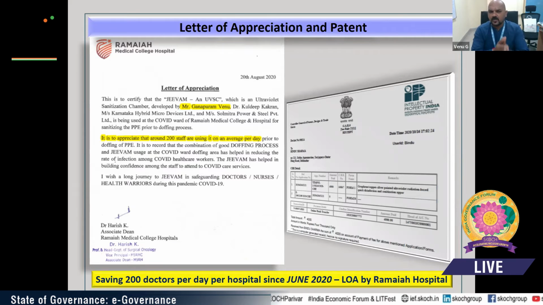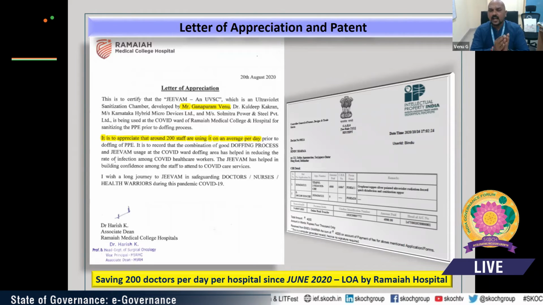We donated it to Ramaiah Hospital as well as Victoria Hospital, 2 units in Victoria and 1 unit in Ramaiah Hospital. From June to the end of July, they studied it and found that it is saving 200 doctors per day in a hospital. Before deploying the device, 50% of the staff were getting infected, and after deploying, it is